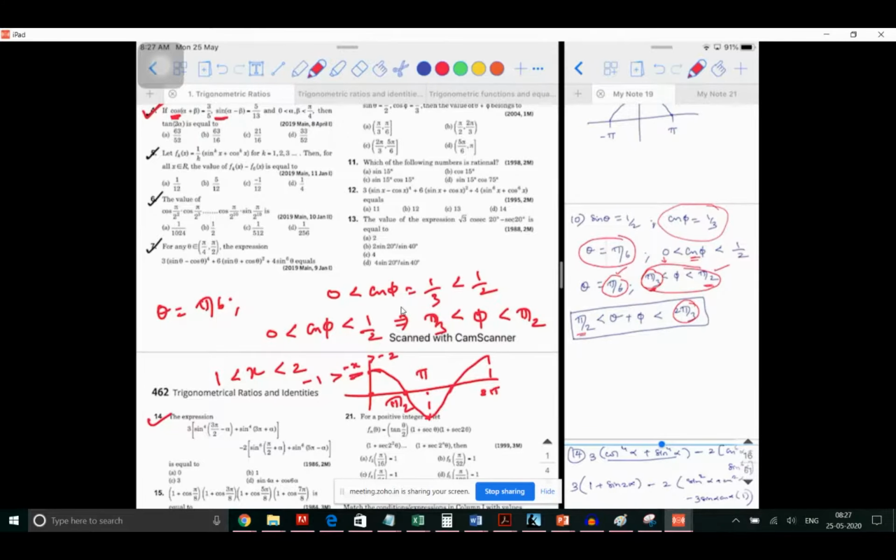Had the same question been minus 1 by 3, can you people tell me what would have been the value of theta plus phi? It will be slightly complicated because we need to know which quadrant he is trying to speak about. Okay, let's break it into quadrants now. If I take it as second or third, minus, it will be second or third. That is where you will not get clarity.